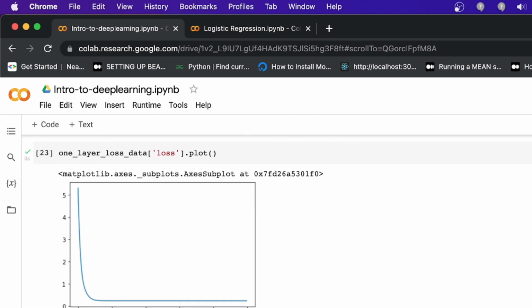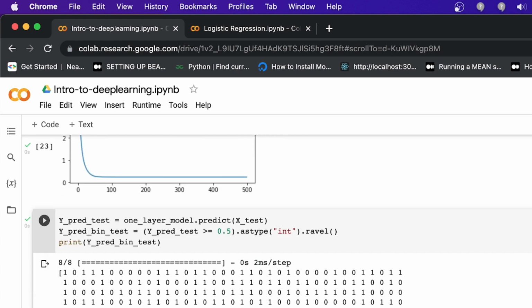Suppose I predict with this model, and we convert the values which are greater than 0.5 to this, and this. Okay, this is your 250 values, and now I'm going to check the accuracy. For accuracy we have to import from sklearn.